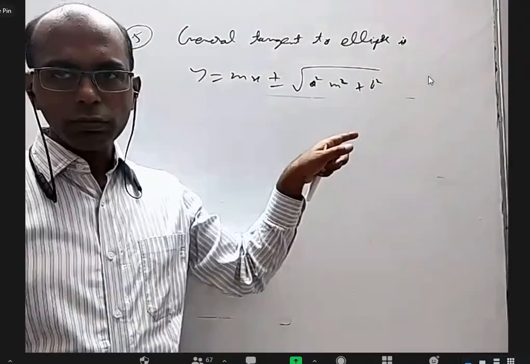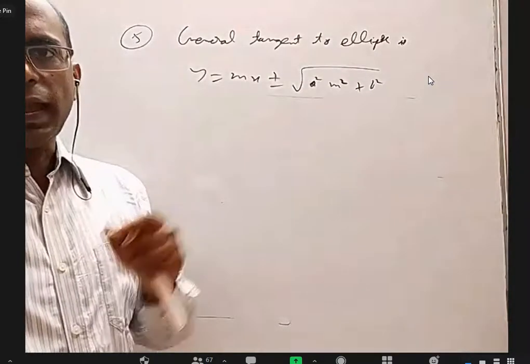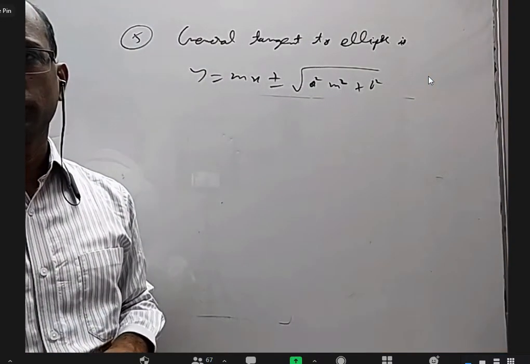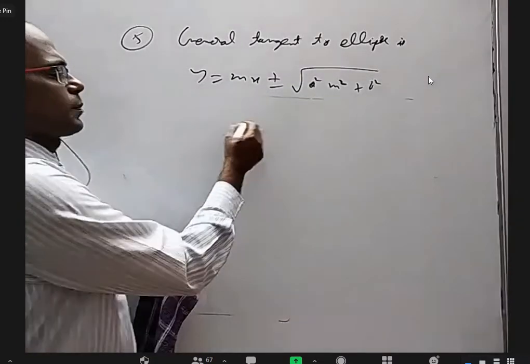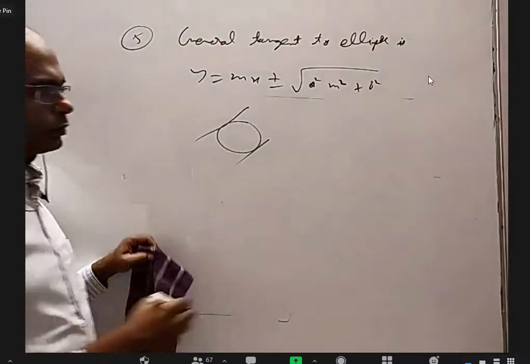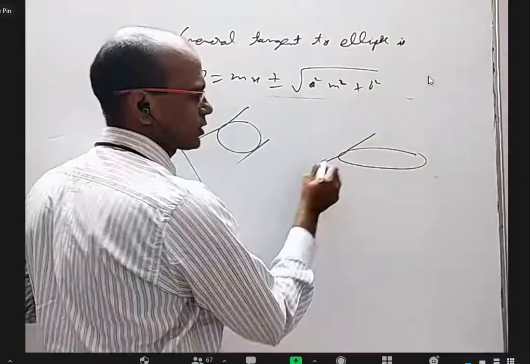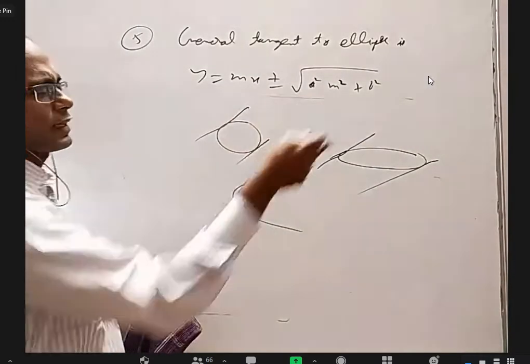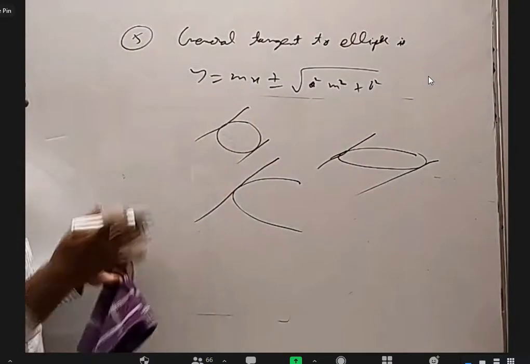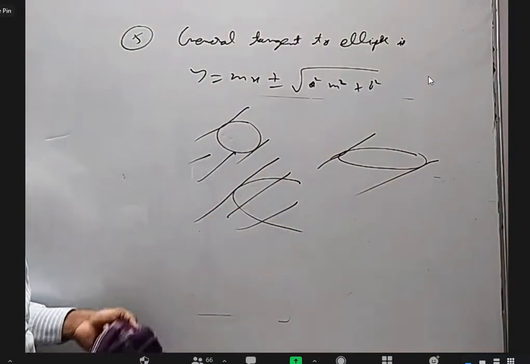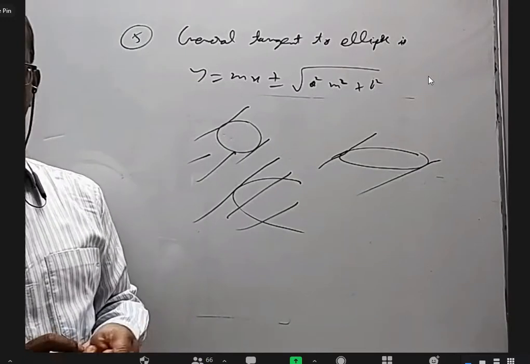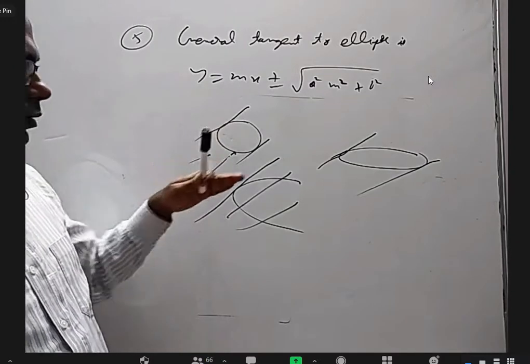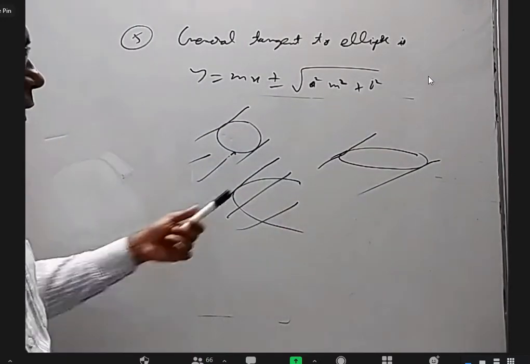And this also tells you that if m is given to you, having that slope, how many tangents will there be? Two. In the circle chapter, there will be two parallel tangents that have the same slope. In the ellipse also, you can easily see if there is one tangent, parallel to that there will be one more tangent. But in a parabola, we got only y equal to mx plus a by m, because if we take a particular slope, there is only one tangent; parallel to that, either this side or this side, nothing can be tangent, right? So having one slope, circle or ellipse or hyperbola will have two tangents, but parabola will have only one tangent.